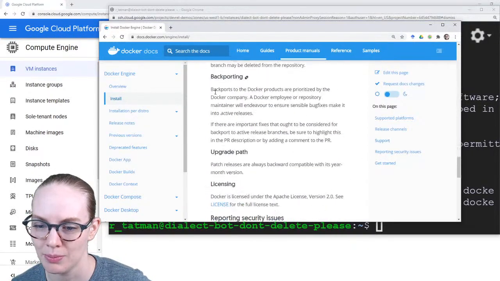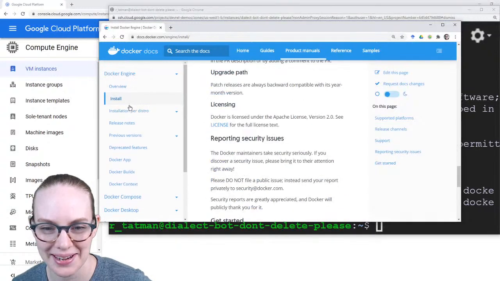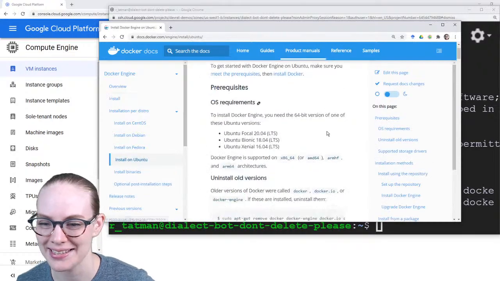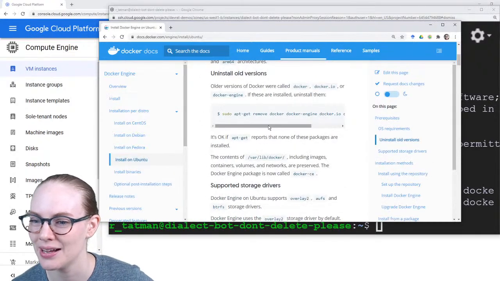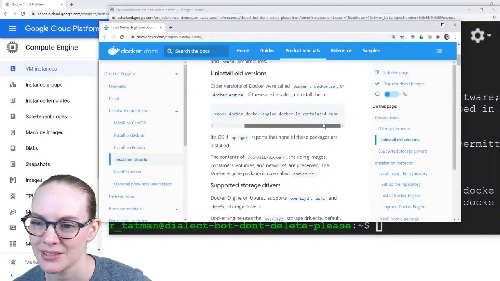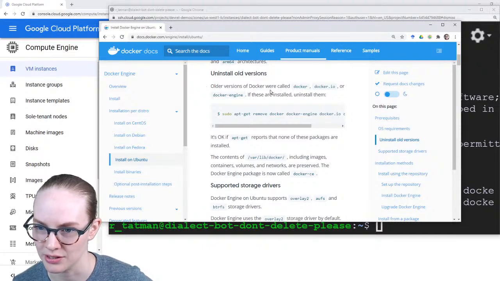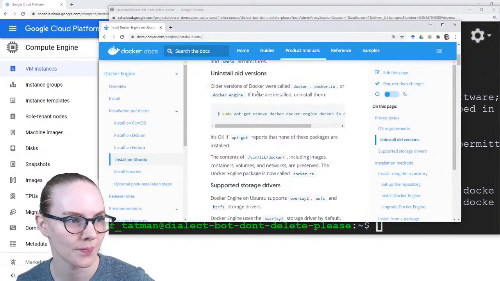Stable, and so on. What do I need to type? What things do I need to type into Docker engine, Docker container? Older versions of Docker were called Docker, Docker.io, or Docker engine. If these are installed, uninstall them.